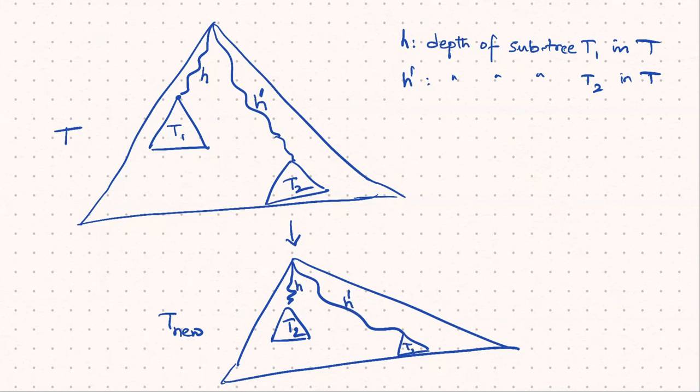So now what we'll do is we'll consider the cost of this tree T. We'll calculate what its cost is, and we'll calculate the cost of this tree T new. And we'll see how the cost changes by doing this exchange. Does the cost increase? Does it decrease? Does it remain the same? So we'll see how this cost changes by doing this exchange, and maybe that will give us a hint of how to construct our optimal tree. Okay, so that's the hope.